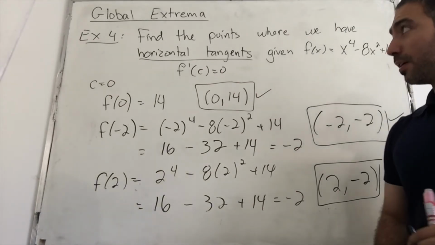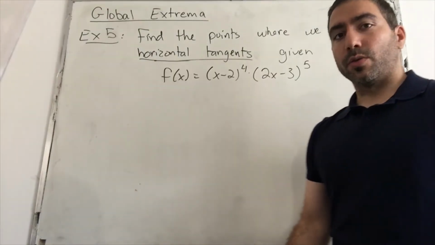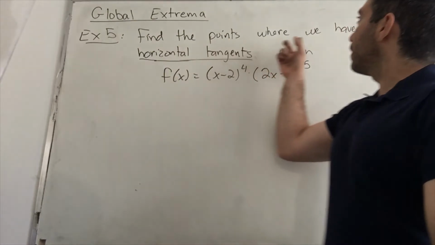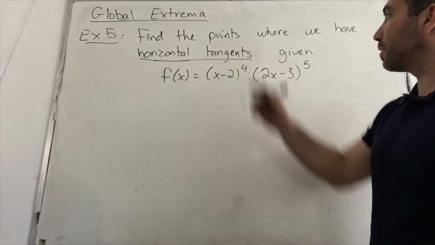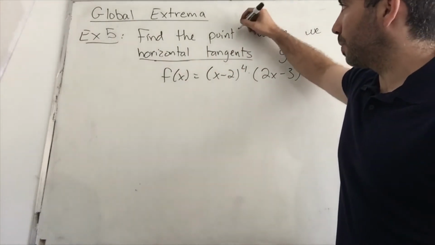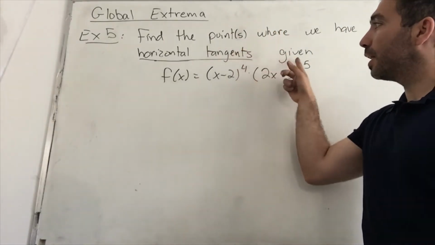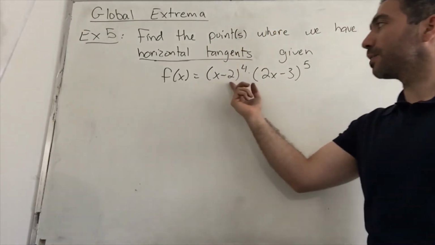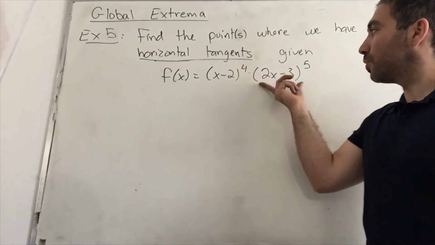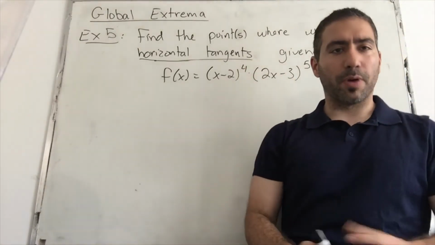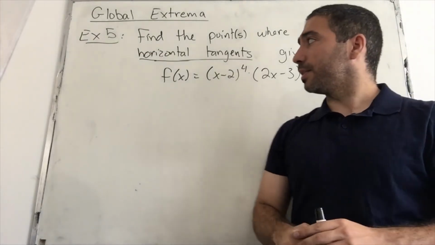Okay. Let's take a look at another example. In this example, we have to find the points where we have horizontal tangents given the function. So, it could be one or multiple, so let's put the s in brackets. Given this function here, f of x equals (x minus 2) to the 4, times (2x minus 3) to the 5. So pause the video, try to do this on your own,